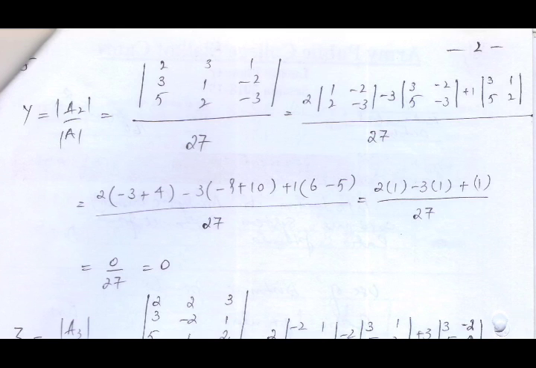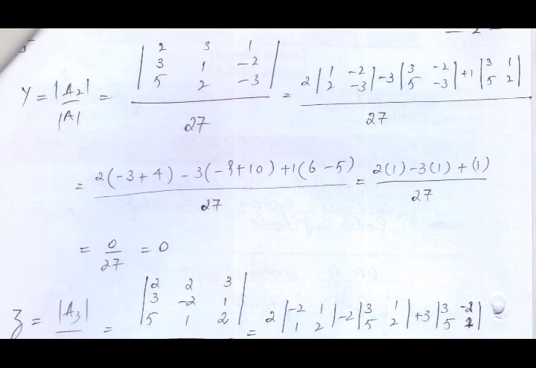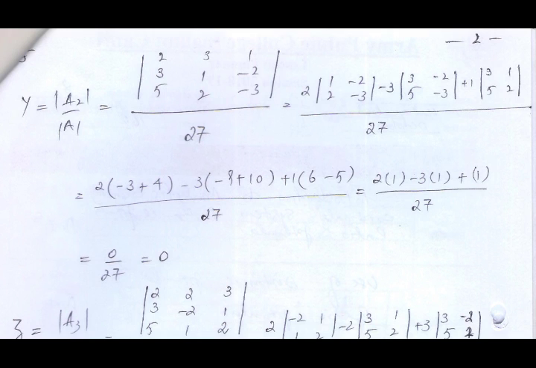Next we find y. We replace column 2 with the values of B and find its determinant by expanding along r1. The 3 elements are 2, 3, 1, with signs plus 2, minus 3 and plus 1. We always arrange the signs like this: first is plus, second is minus and third is plus. For the value of 2, the values inside its determinant are everything except row 1 and column 1, and for the value of 3 we eliminate